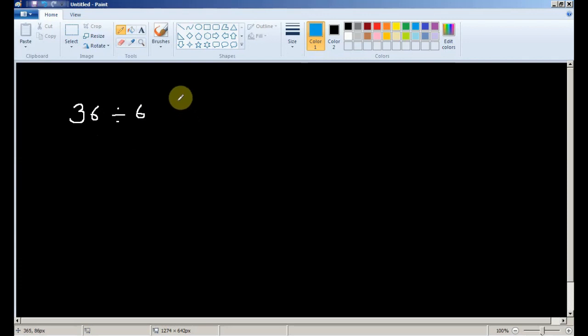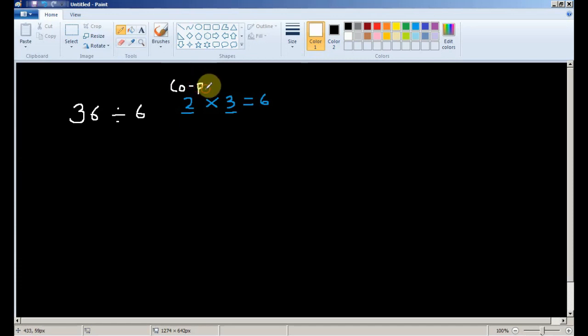But we know that 6 is the product of 2 and 3, right? So if the number is divisible by 6, then it has to be divisible by both 2 and 3. And in this case, the numbers 2 and 3 are called co-primes.